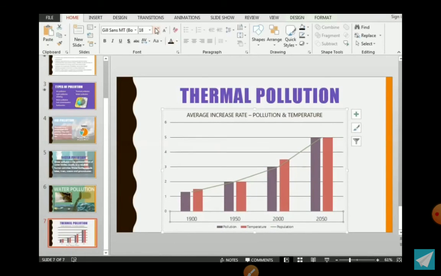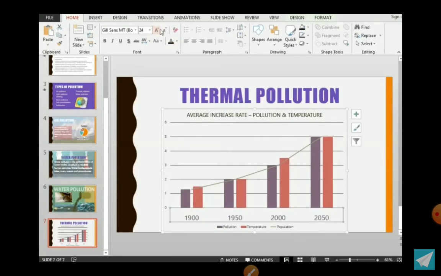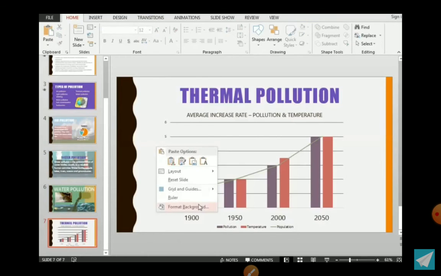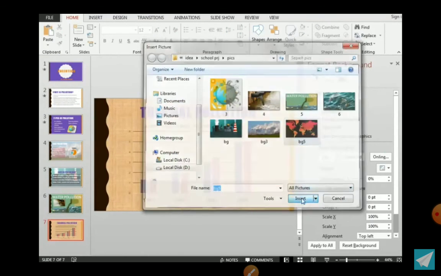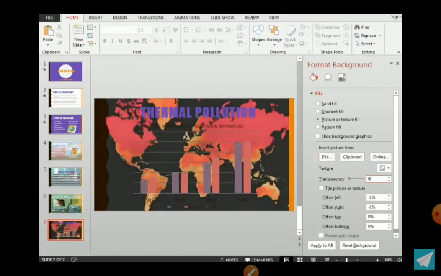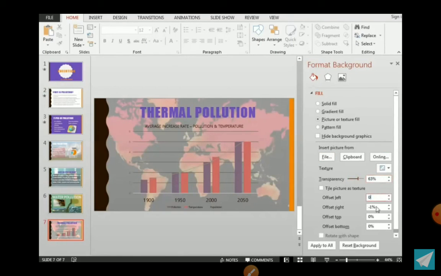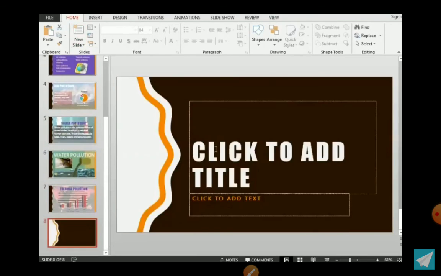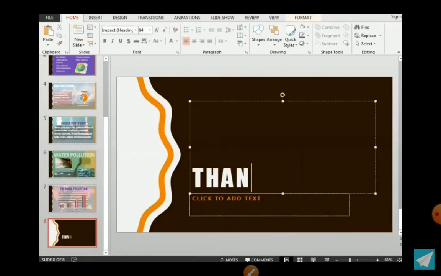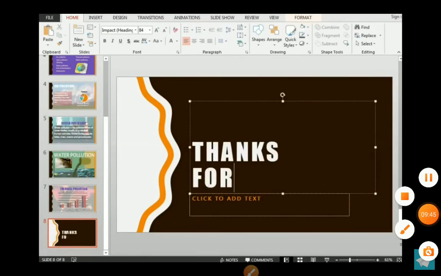We can adjust the size, color. So that is the way to format a simple presentation. Okay, we can also insert the background in the chart. We can adjust the transparency also. That is a very interesting tool, transparency. So that is your simple